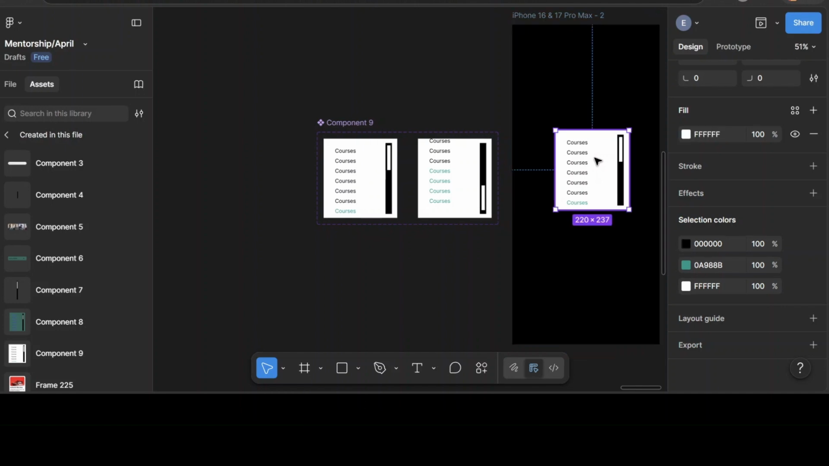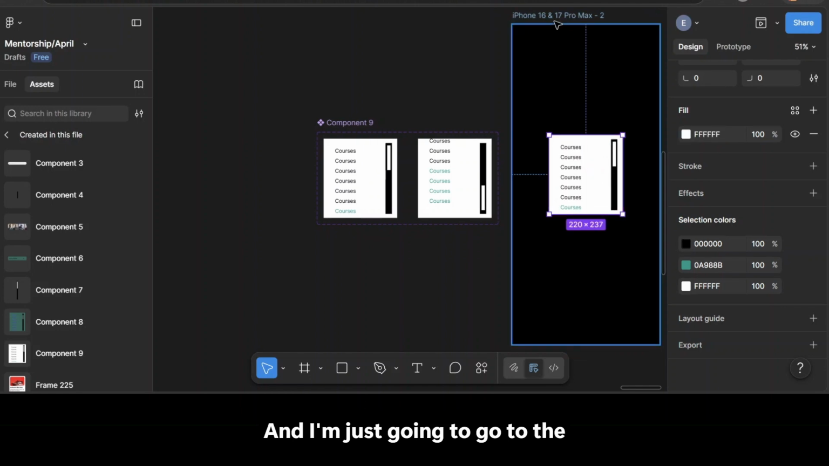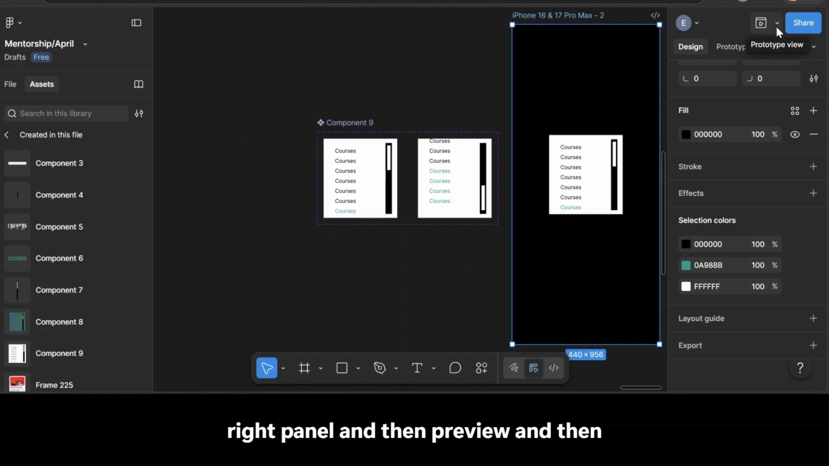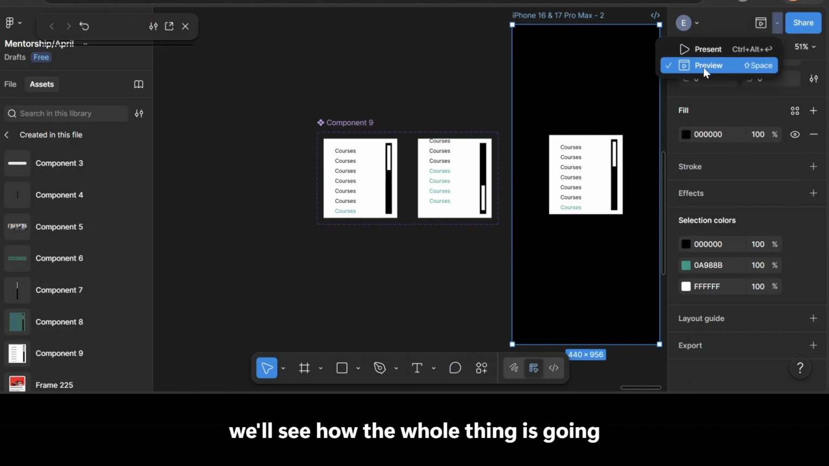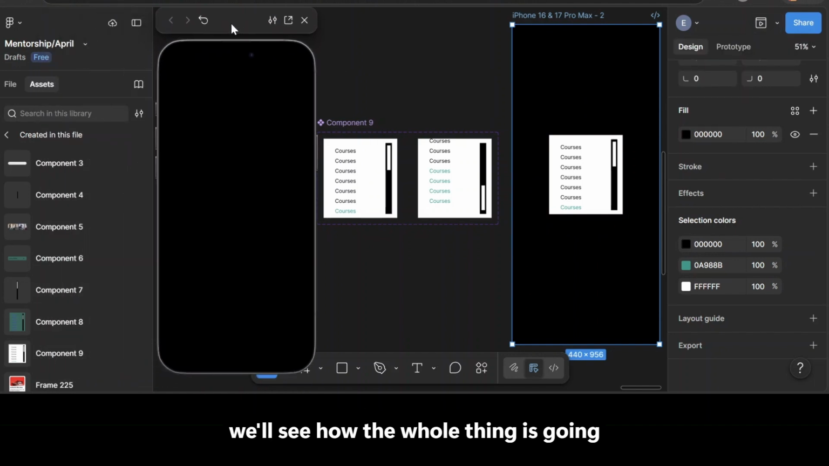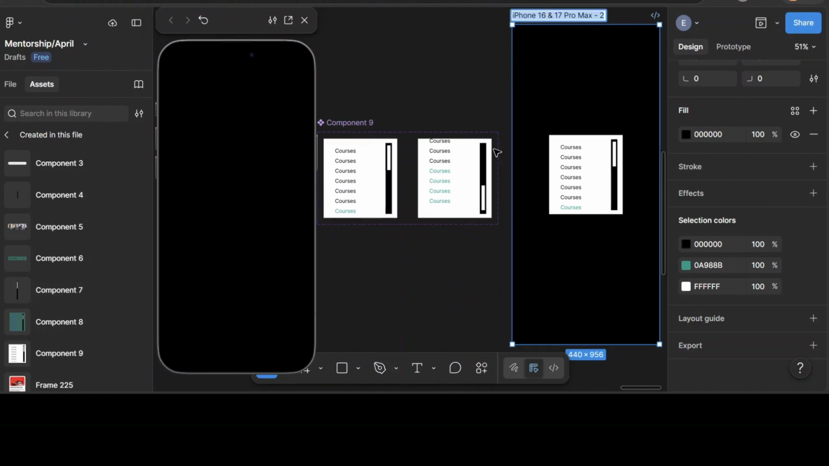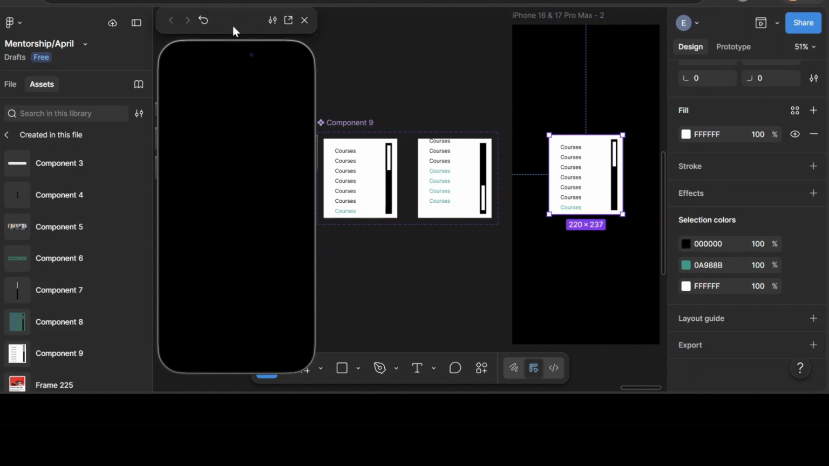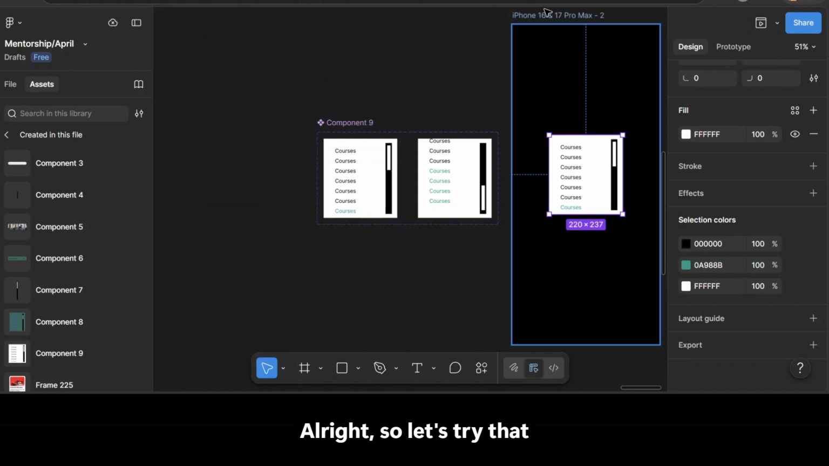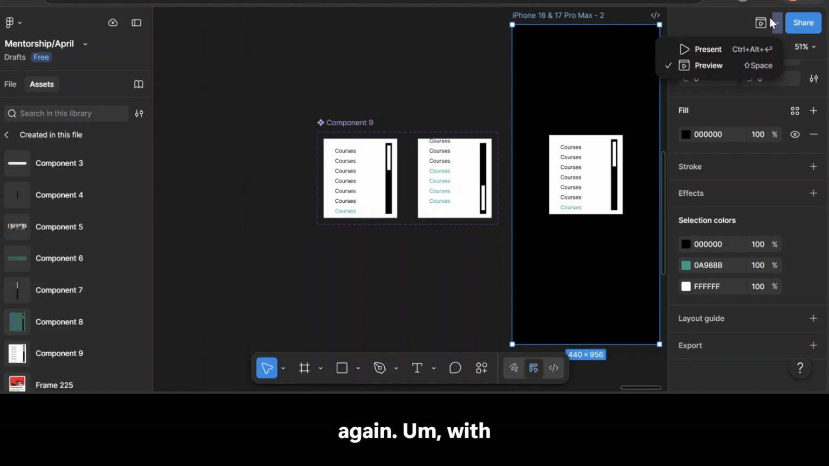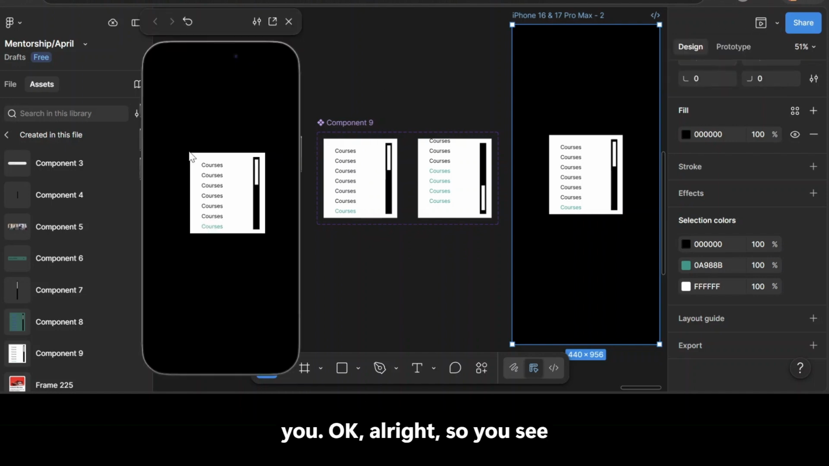Okay, and I'm just going to go to the right panel and then preview, and then we see how the whole thing is going to look like here. All right, so let's try that again. Preview. Okay, all right, so you see when I drag it down this way,